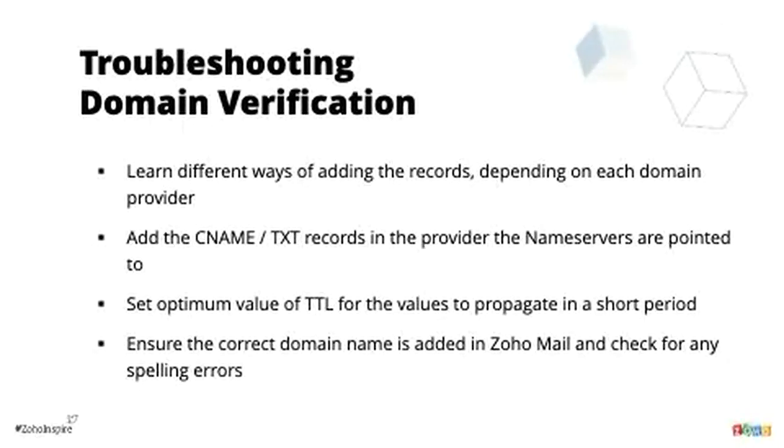Next, you have to make sure about the CNAME and TXT records. These are the two methods in which we are making use of a ZB code. And additionally, these are the two methods in which you are adding values inside a DNS provider. So in case you're using one of these methods, make sure that you add these values where the name servers are pointed.